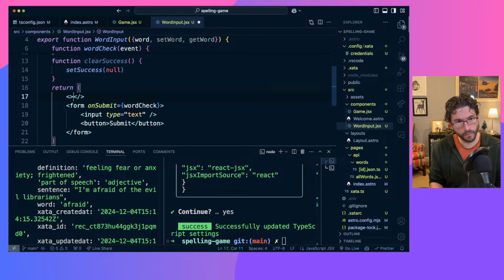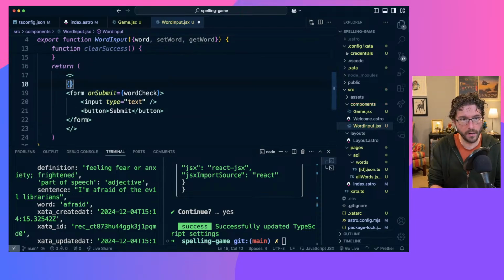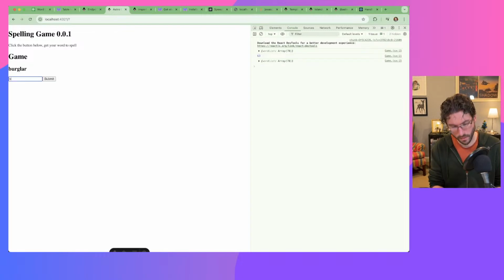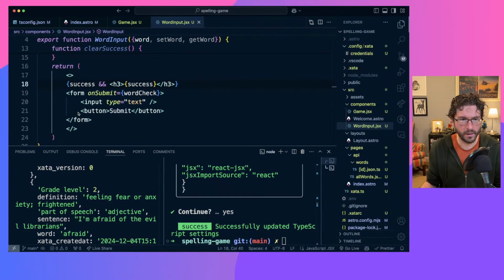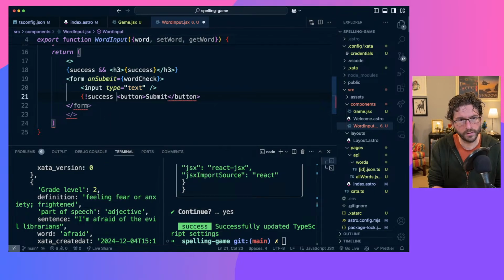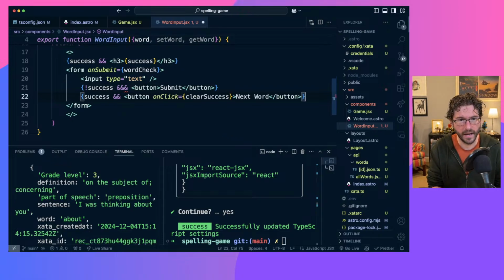Then we'll have a success here. Get word, burglar, correct. So then we want to get rid of the button. So if we have a no success, show this. And then if we have a success, we want to have a next word button that